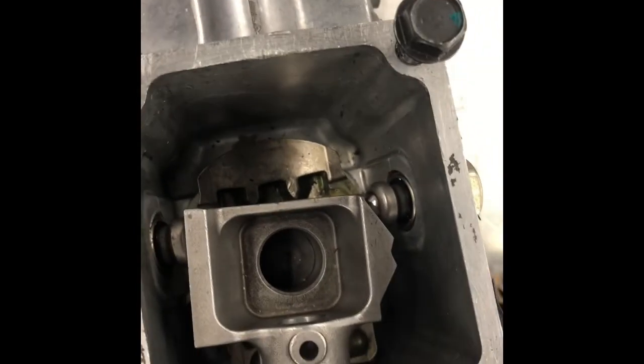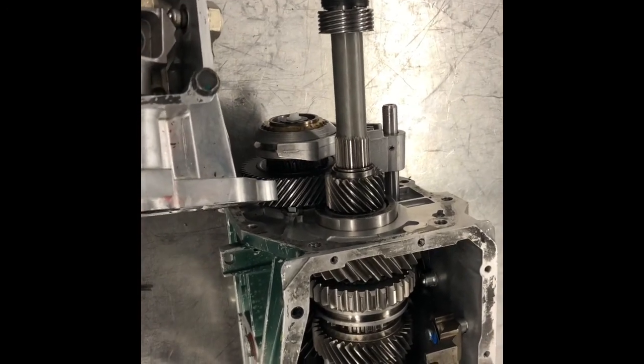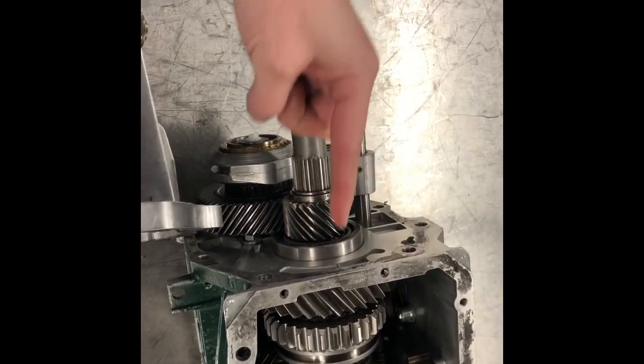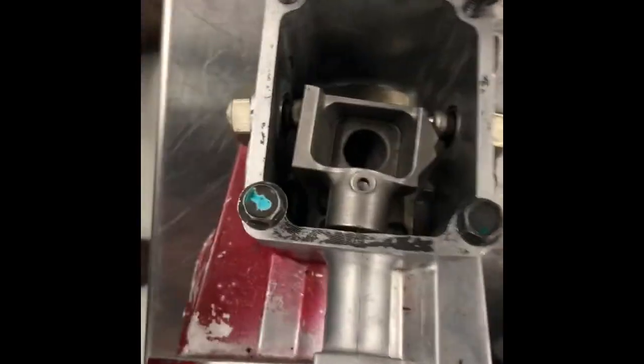This piece is going to fit inside this piece here, this housing. So this whole housing, like this, slides up against the transmission, and the transmission shift shaft comes across here, going through this piece here. So when I want to make a shift,